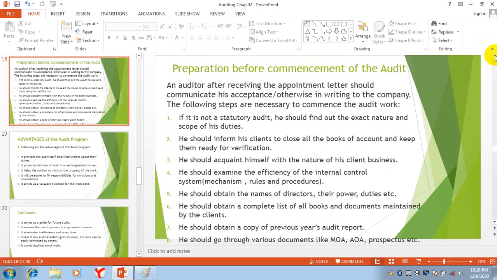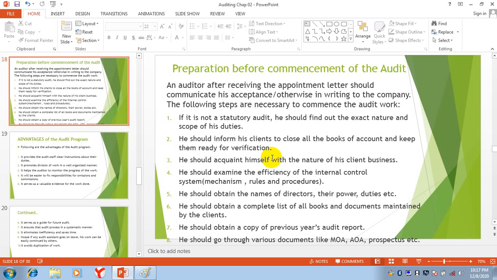Before starting the audit, it is important for the auditor to have knowledge and to prepare regarding all these things. This is preparation before commencement of audit. It is important that you know about the nature and scope of your duties. You will inform the client about closing all the books of accounts.